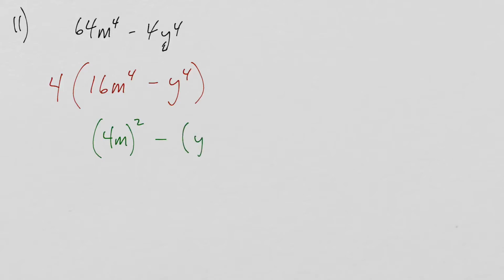Okay, remember the first step in any factoring problem is to take out a GCF if there is one. So that'll be a 4, so this will be 16m to the 4th minus y to the 4th. And we have the difference of two squares. This item is 4m squared minus this item is y squared squared. So we have the difference of two squares, so we're going to have conjugate pairs. This will be 4m squared,